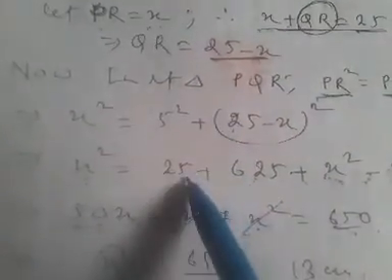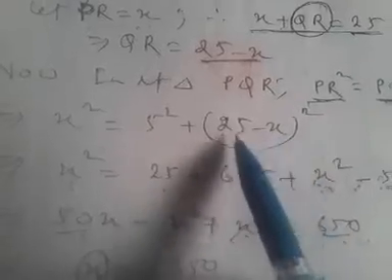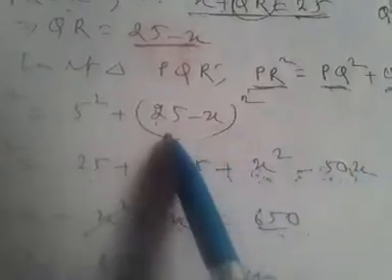Now, by solving it, x square is written on the LHS. The square of 5 is equal to 25. This 25 minus x to the whole square is based on an identity, a minus b to the whole square, which is equal to a square plus b square minus 2ab. Square of 25 is equal to 625, plus square of x is equal to x square, and then minus 2ab. Minus 2 into 25 into x will give you minus 50x. So this 25 minus x to the whole square has been expressed in the form of the identity a square plus b square minus 2ab.